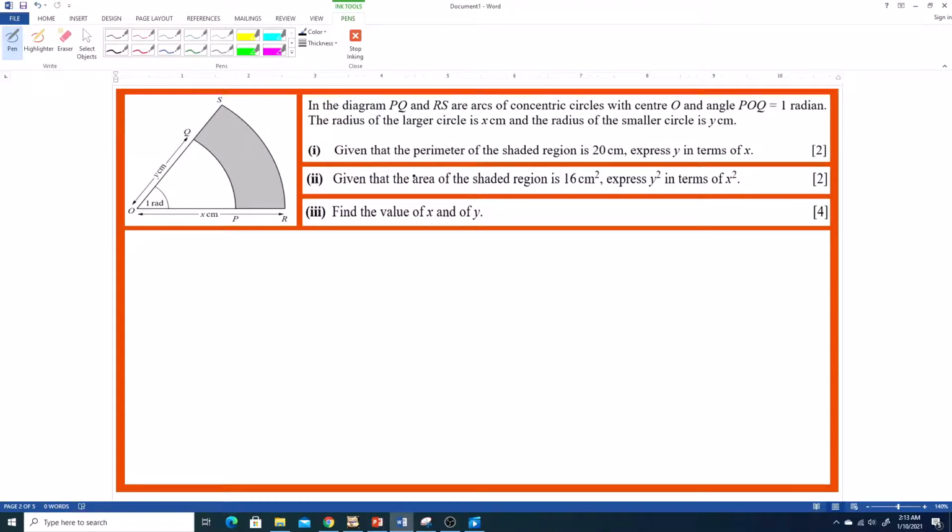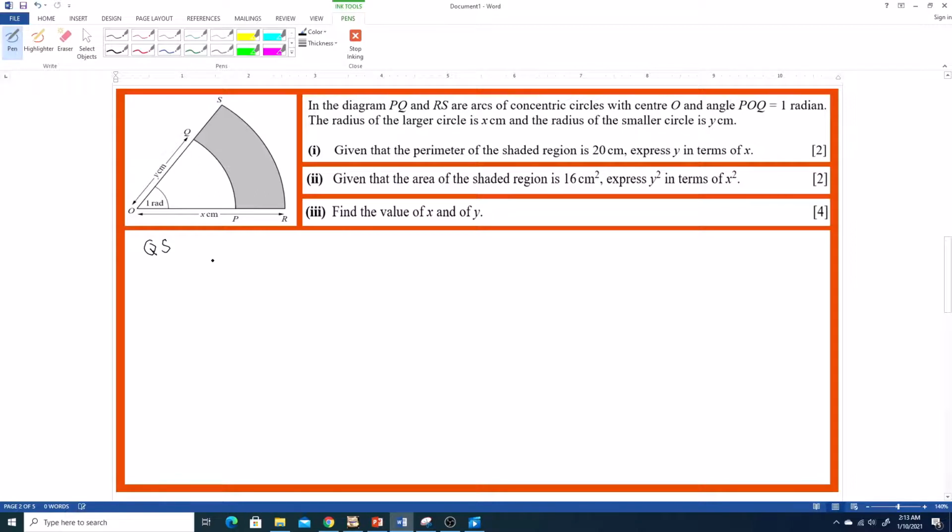Okay, so the perimeter of the shaded region, we need to add this bit, which would be x minus y. We need this bit, which would be the length of an arc, and then we need to add this bit, which would be x minus y again, and then this bit would be another arc length. So let's just sort that out. We'll start with